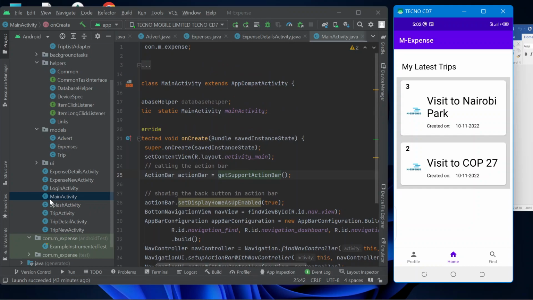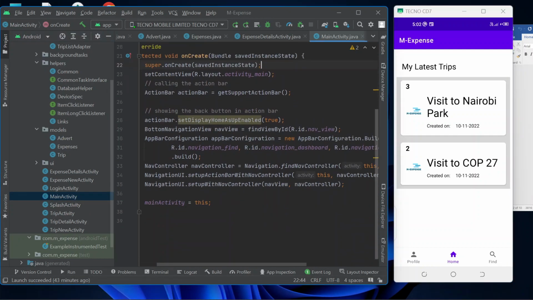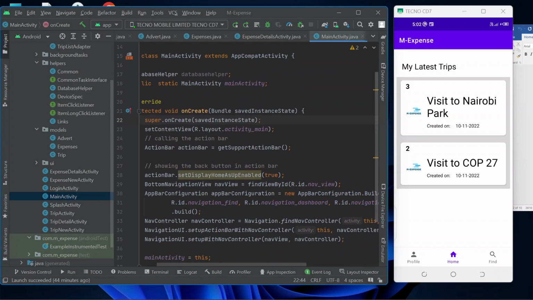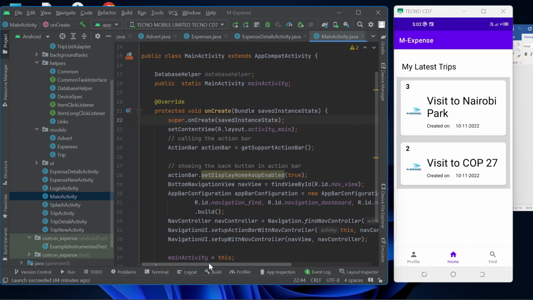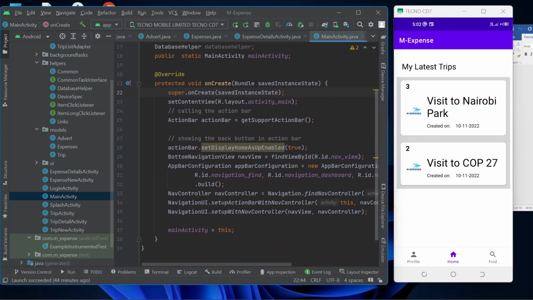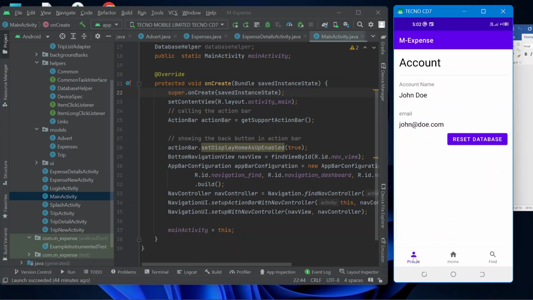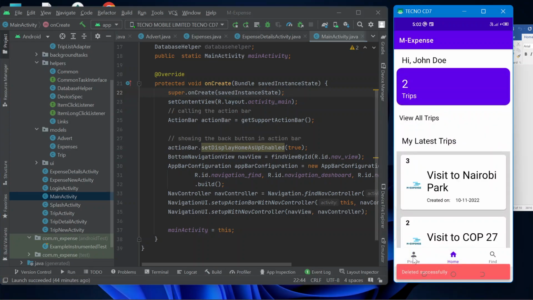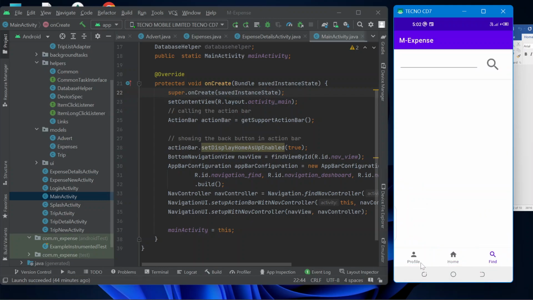So this is the main activity, where we have a database helper just to be able to persist the state of the app. From the screen, briefly, maybe I could take you through the navigation, and then